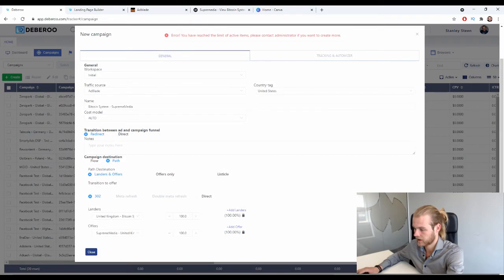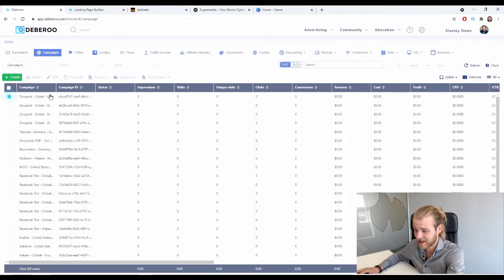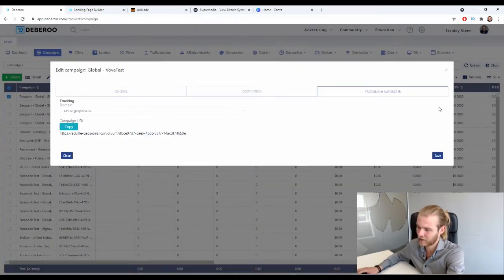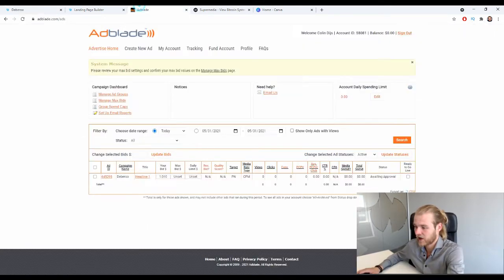All right. So we already have the limit of campaigns that we can create. That's basically all the setup, and as soon as that setup is done, we will receive our campaign URL. So I'm just going to grab this one. It will look like this. Instead of that error, it will say your campaign has been saved if you haven't reached the limit yet. And then we're going to copy this campaign URL and go into AdBlade,